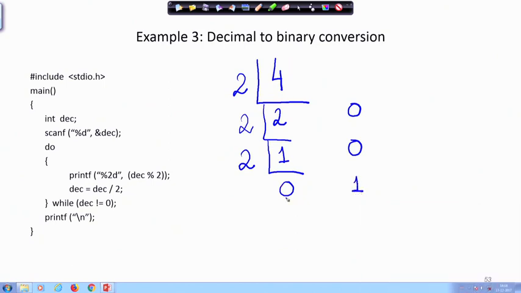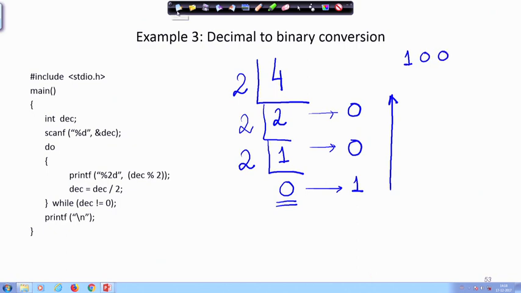So, I go on dividing till I get a quotient to be 0, and I have remembered all the remainders that I got. Now, I can get the binary if I read it in this direction. So, it is 1 0 0, all right.